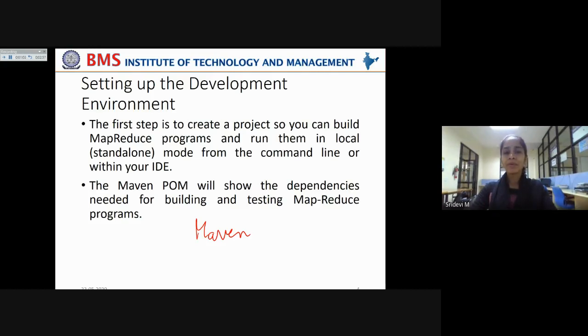Now the Maven POM, that is the project object model, will show the dependencies needed for building and testing the MapReduce programs. This has pre-configured dependencies which will be shown to us in order to build and test our MapReduce programs.